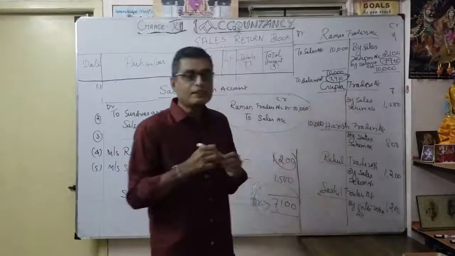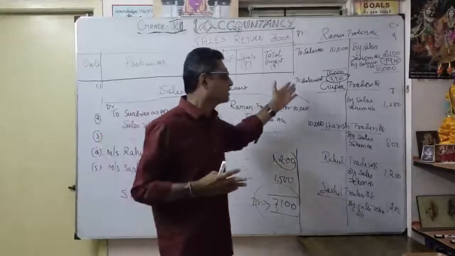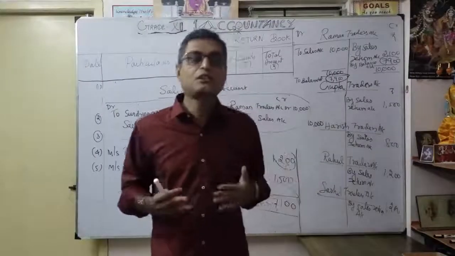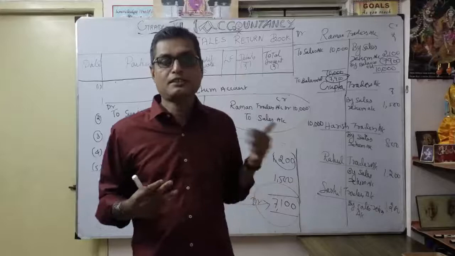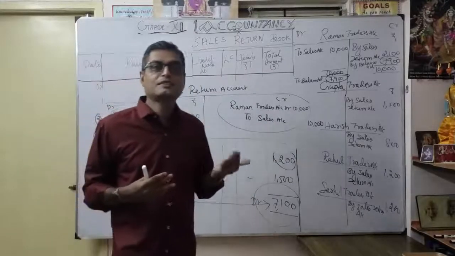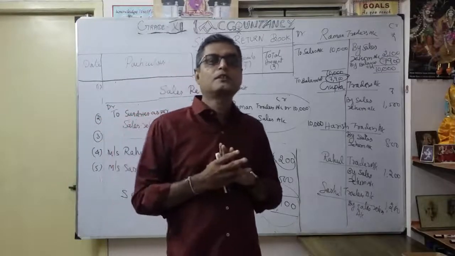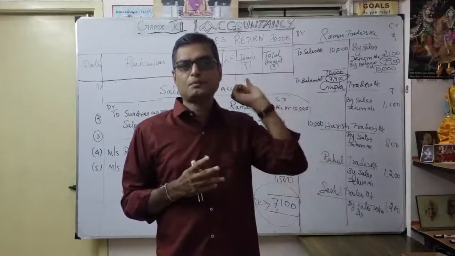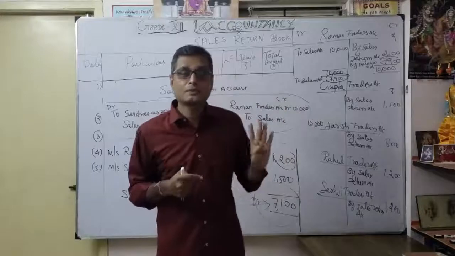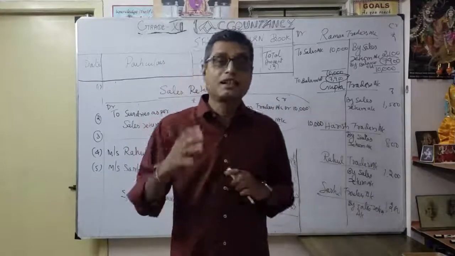How much money is due from the customer? How do you know? You want to record it as a sale, thereafter record it as a sales return. One more thing, you want to record discount also. Any discount allowed, as a sale, you consider as discount allowed. As a purchase, you consider it as discount received. You understood now? That's what the special purpose books are. We discussed the cash book, thereafter purchase book, then sales book, then purchase return book, then sales return book, then finally, very important, journal proper.